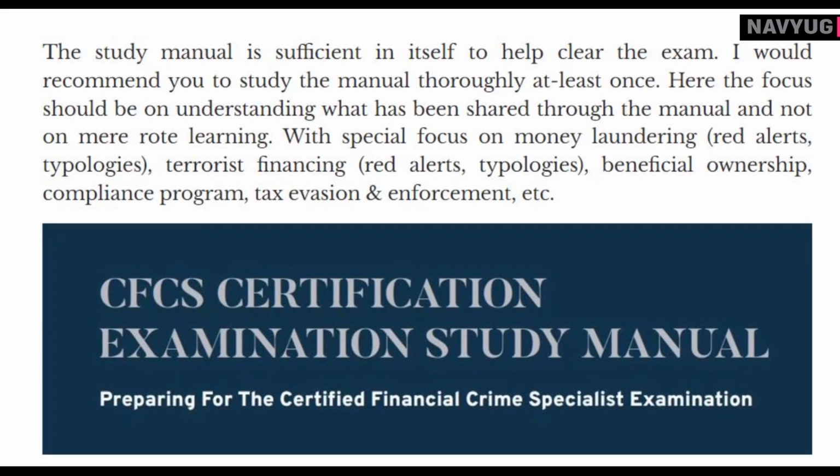Here I would like to add that the study manual is sufficient in itself to help clear the exam. I would recommend you to study the manual thoroughly at least once. Here the focus should be on understanding what has been shared through the manual and not on mere rote learning, with special focus on money laundering and terrorist financing, their red alerts and typologies, beneficial ownership, compliance program, tax evasion